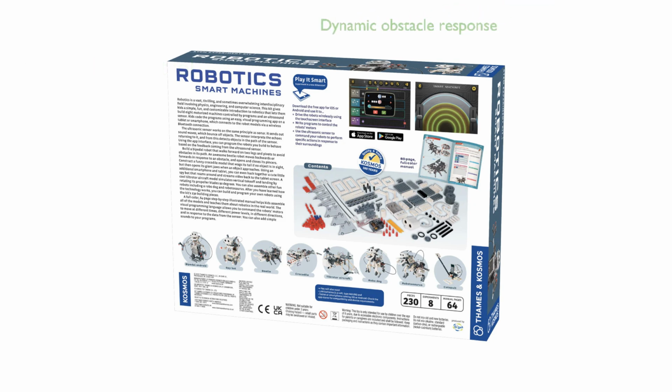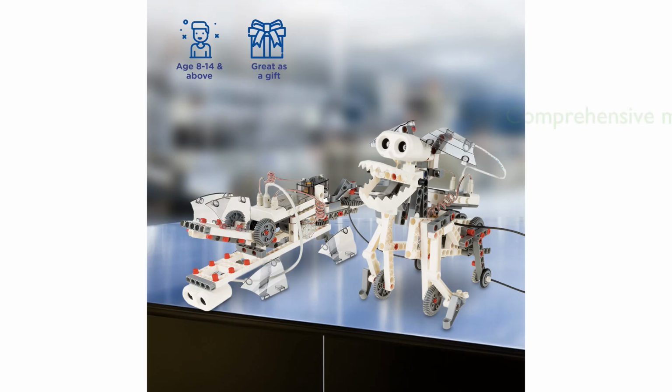With an ultrasonic sensor that mimics sonar technology, the robots can detect obstacles and respond dynamically, adding an exciting interactive element to the learning experience. The kit's comprehensive, full-color manual provides clear, step-by-step instructions, making it accessible for young builders to assemble and understand complex